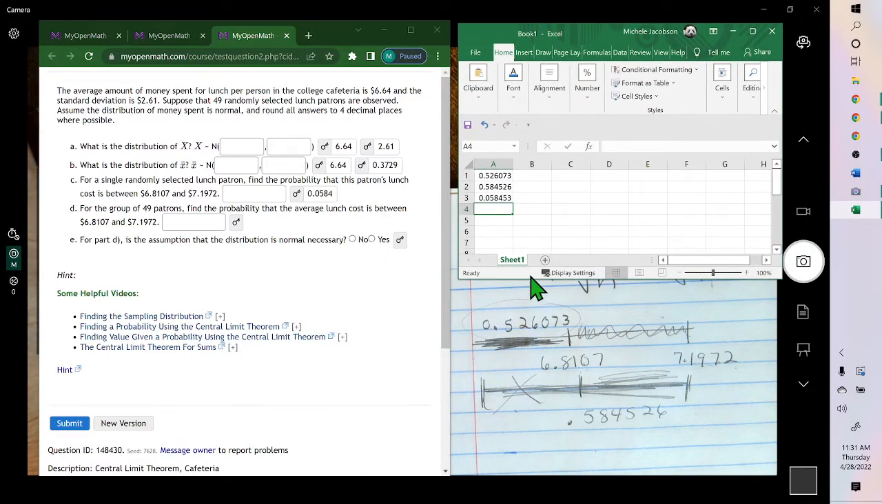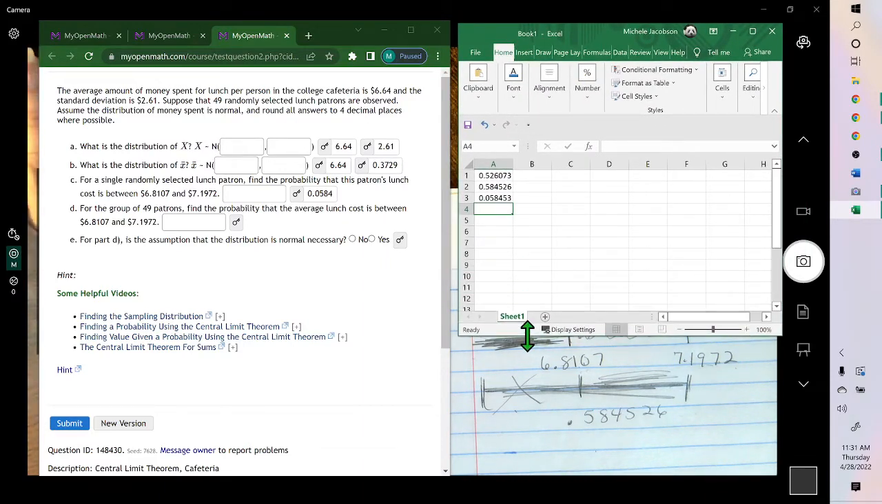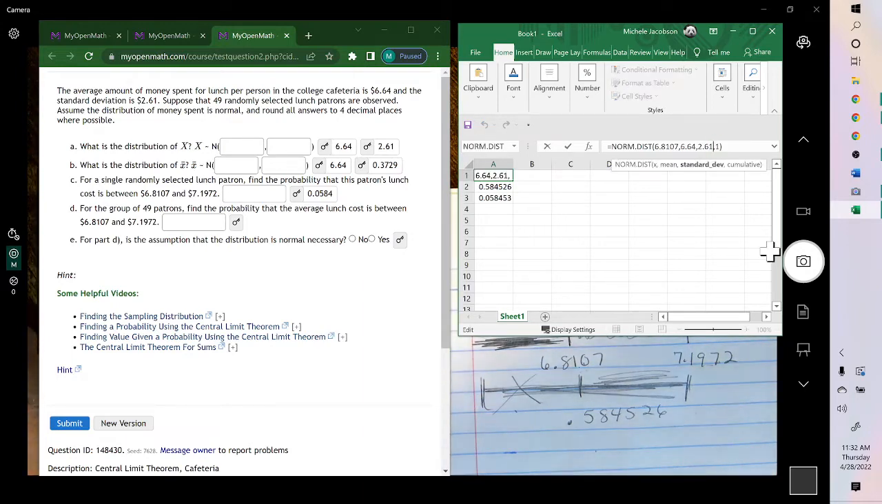Now the difference between C and D, they're using the 49 patrons rather than any single randomly selected patron. Since they're using from this group, the only difference is your standard deviation. Since they're keeping the same numbers, then we could go here and change the standard deviation